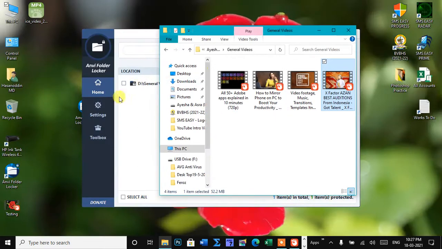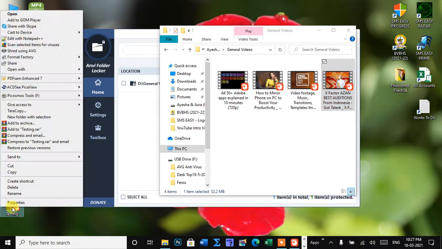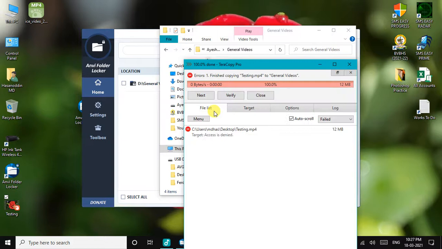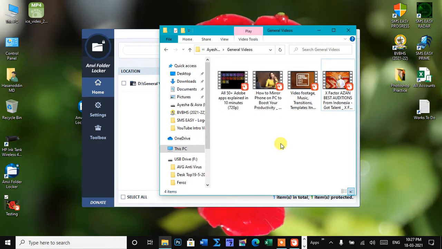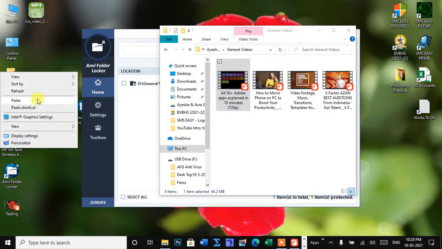For example, if you see this testing file is there. If you want to copy in this folder, it cannot copy. See, so like this, it stops copying into the folder. So also you cannot copy from the locked folder. Cannot copy the file from the locked folder.